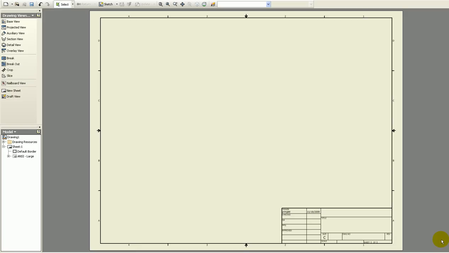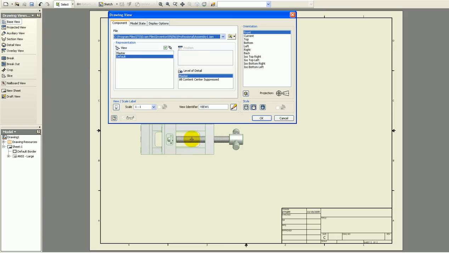In this video, we're going to take a look at some of the more complex options that you have while creating drawings for the different objects. For this, I'm going to use the mini vise, which was the same one that I used for going through and describing the assemblies. So first I'm going to start with the base view,